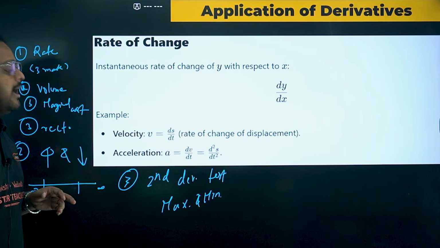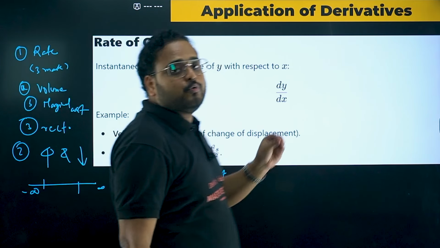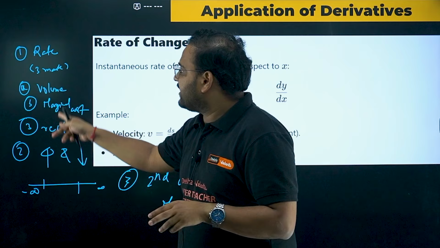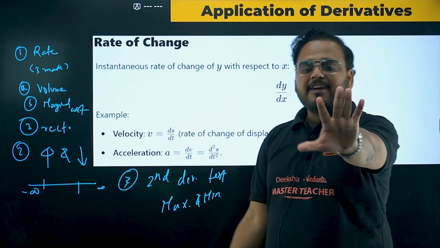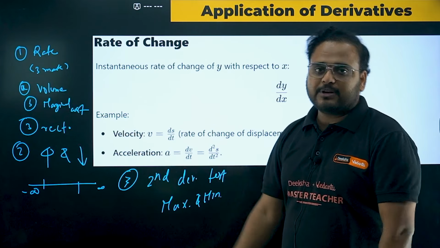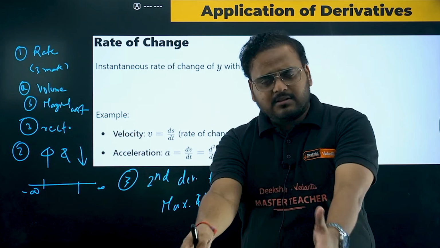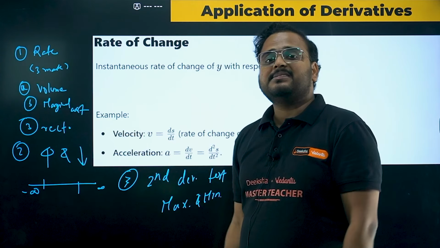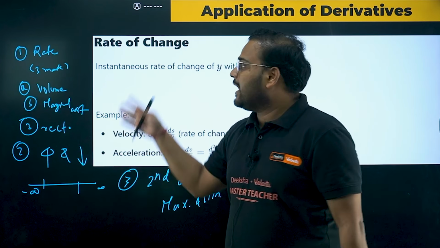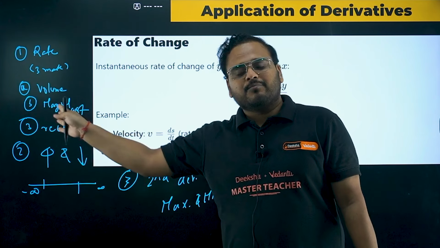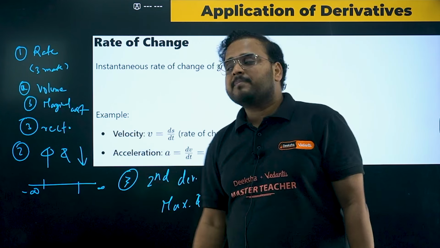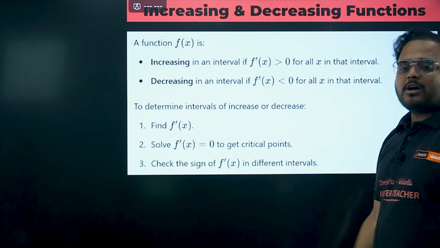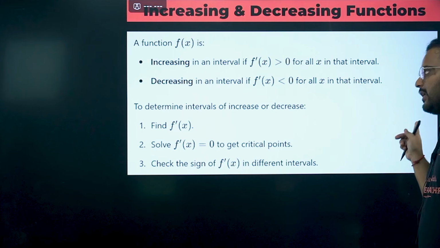What I'm asking is that you please go through even one question of all these topics. There are 3-4 questions I've taken over here. Take 5 questions, revise the 5 questions, and the chapter is over. Can you not go through 5 questions that you have solved so far? If you do that, your chapter is revised. My point is I'm helping you revise the chapter with the help of the concepts that can be asked. We have less time right now, that's why all of this. Got it? Again, the concepts and the formulas are mentioned over here. You can go through this.